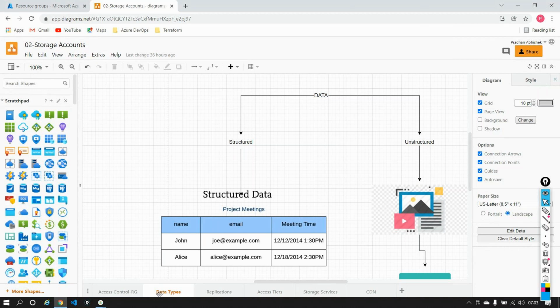We further discussed what structured and unstructured data are. A structured data is also known as relational data. Unstructured is something which cannot be related to each other. And a service that is used to store all this unstructured data, like audio files, video files, documents, and everything,